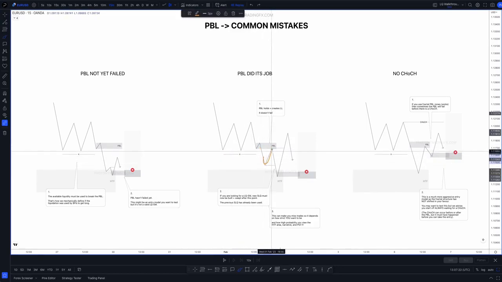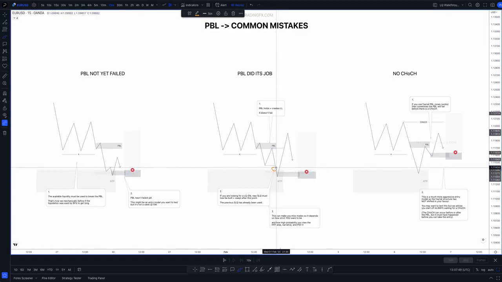And then what happens? Then it fails to break the PBL that caused the liquidation, and then the PBL does its job and causes a break of that low. Well, then this PBL has been used, the supply has been used. So at this point here, when you see the break of that low, if, and this is a big if